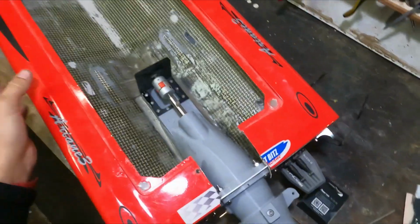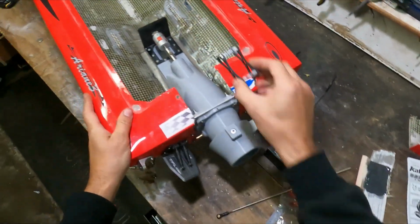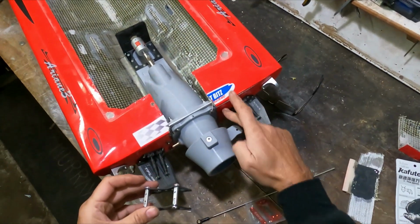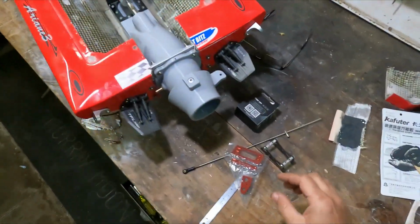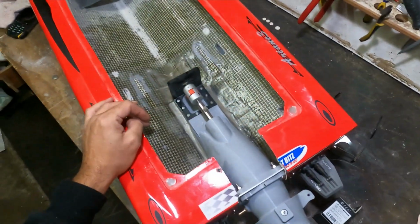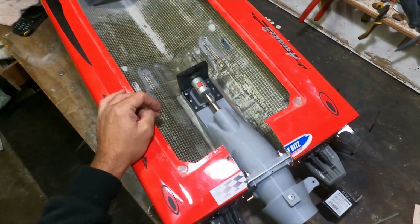So now it's just a matter of putting a servo on here, or a servo mount on here, so we can steer it. Not sure which type I'm going to go with, either one of these stand-up ones or the lie-down ones. It depends on the height of the rod when it gets in here where it is. And I'll be using one of these 20 kilo servos. And then it's just a matter of bolting the motor up, putting the ESC on, and some battery plates, and